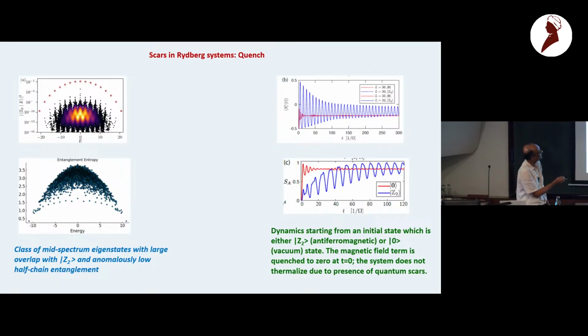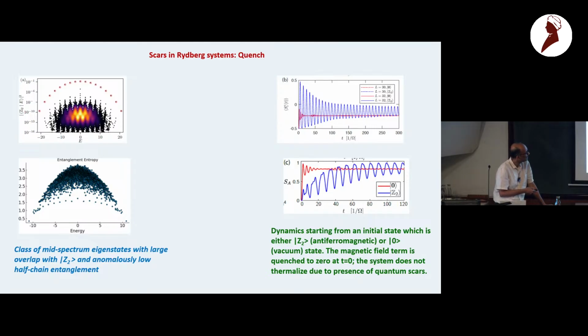Thermalization is immediate. You see that there is a little bit of oscillation, and here, you know, it just goes in and out here. So this is sort of the expected theoretical behavior, and this goes by the name of eigenstate thermalization hypothesis, which predicts this kind of behavior. And this class of states, which are atypical states, essentially leads to violation of this eigenstate thermalization hypothesis in this kind of system.